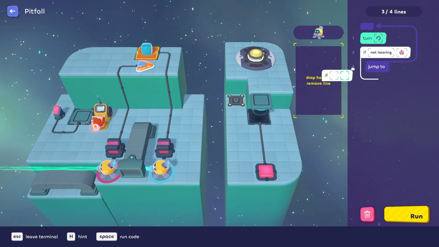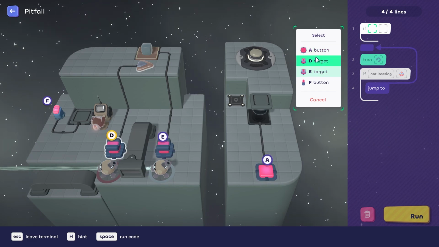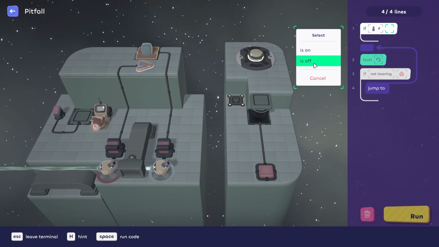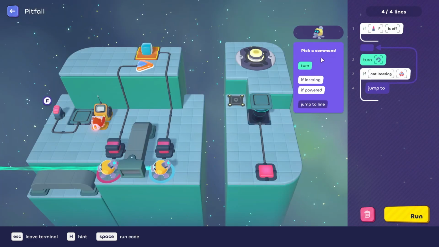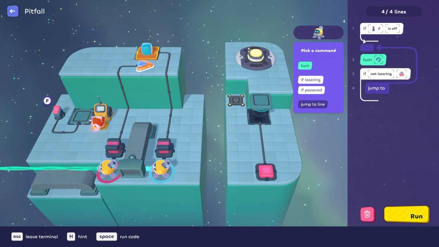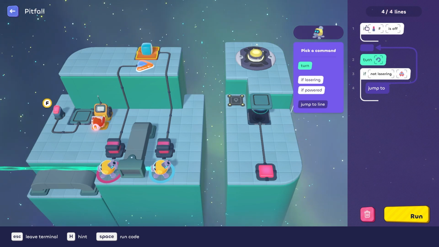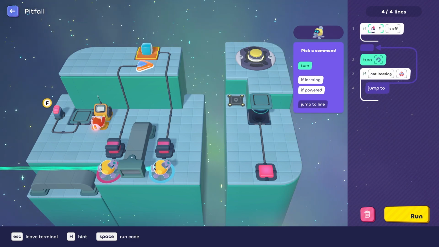So if powered... Or, yeah, if this is off, we have another loop. Ooh. No, we don't. Is some inversion of this going to help? Oh dear. If this is off...